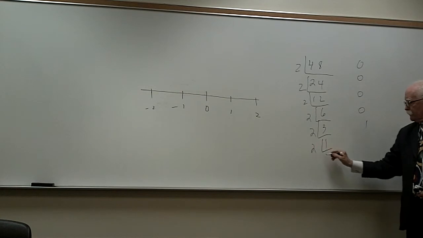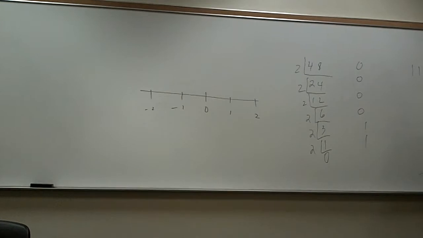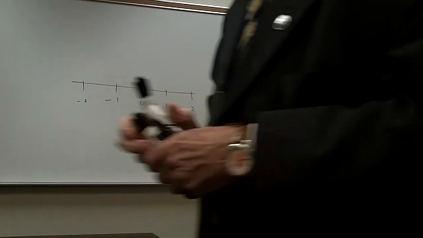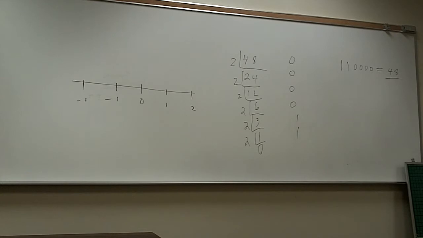Divide this by 2, you get 0 with 1 left over. You write it from the bottom back to the top. That's binary for 48. It's a very simple way to do it. So when the computer comes along and somebody designs this really neat machine that calculates and does all this fancy stuff for us,